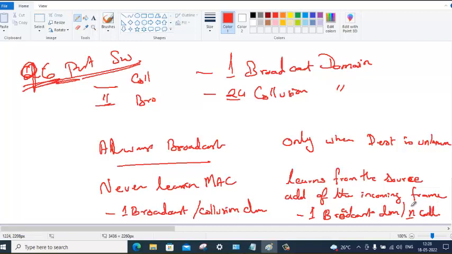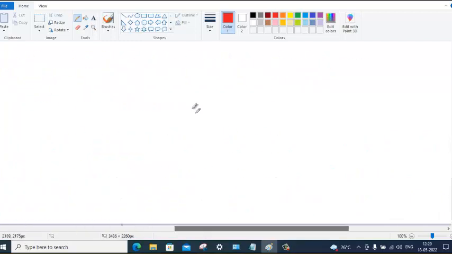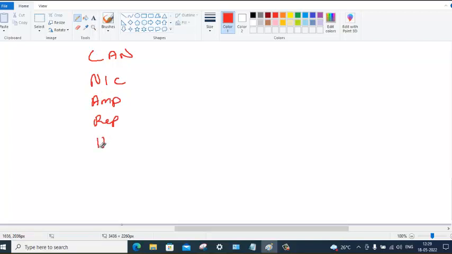Now all these devices that we have learned so far are called LAN devices. There is also one more called NIC, network interface card, which is there in your computer. That is also a LAN device. NIC, amplifier, repeater, hub, switch.